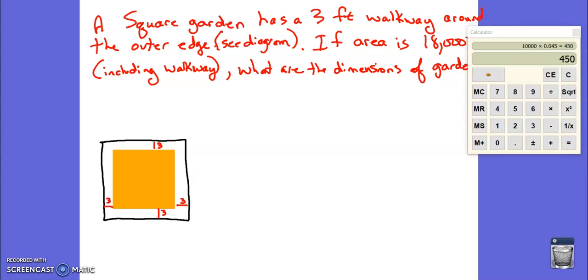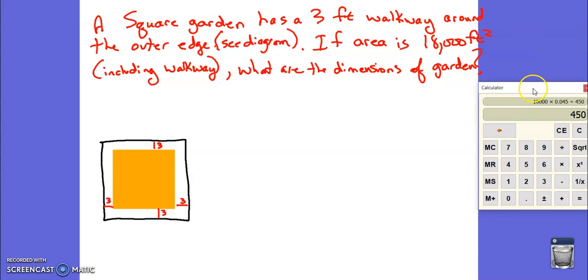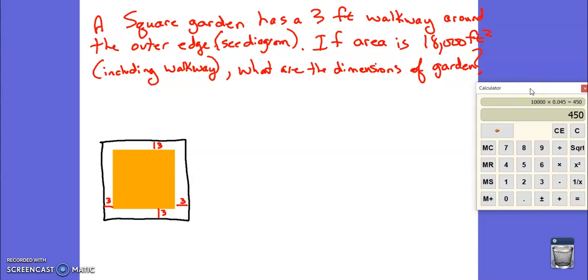So if the area is 18,000 feet squared, including the walkway, so the entire thing is 18,000, what are the dimensions of just the garden? Well, we don't know the dimensions of the garden, so we're going to say that's x. And of course, it's a square, so we know that each dimension is x. So the length of each side is x, so we know the area of the